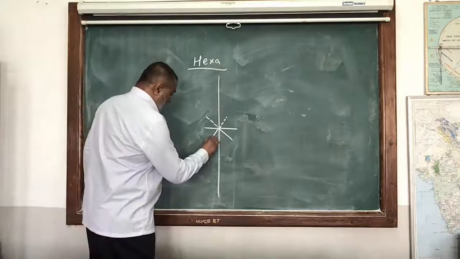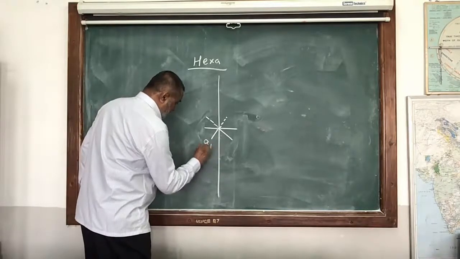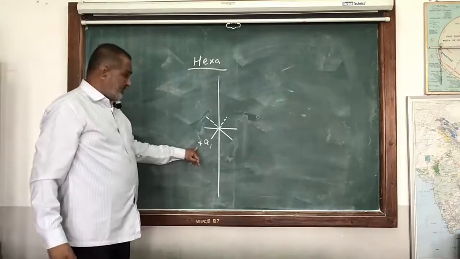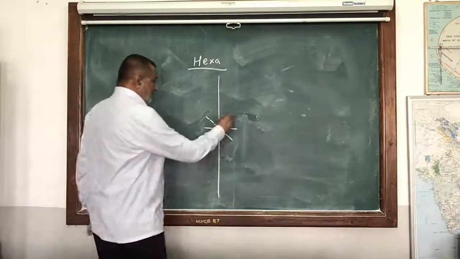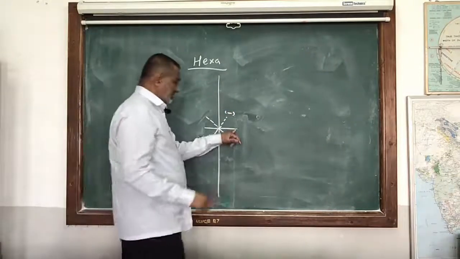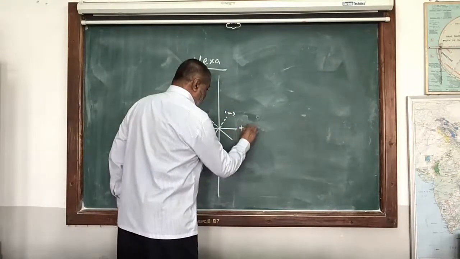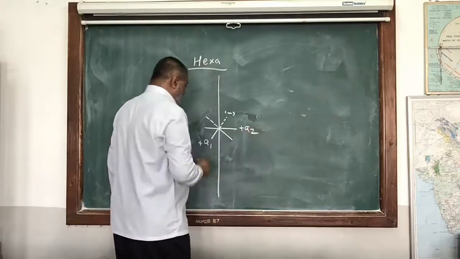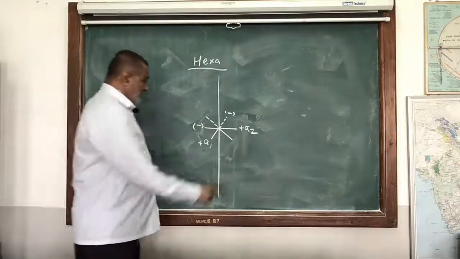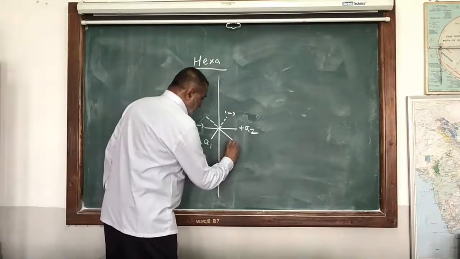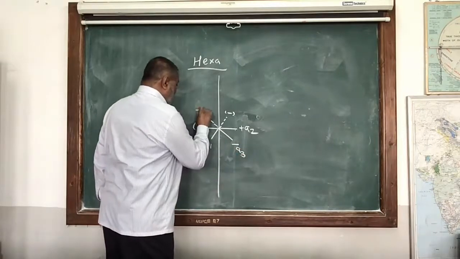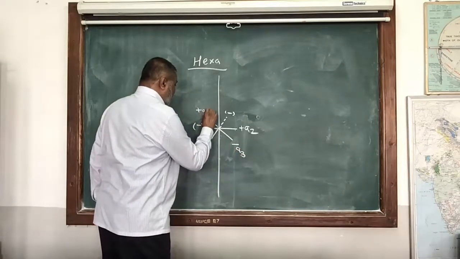Now the A axis running from front to back will become your A1 axis, with the positive sign running from front to back. Back will be your negative sign. Whereas your B axis running from right to left, right will be the positive sign, so it will become A2, and left will become the negative sign. The new axis introduced here is A3: the negative sign will be in the front, so positive will be on the back side.